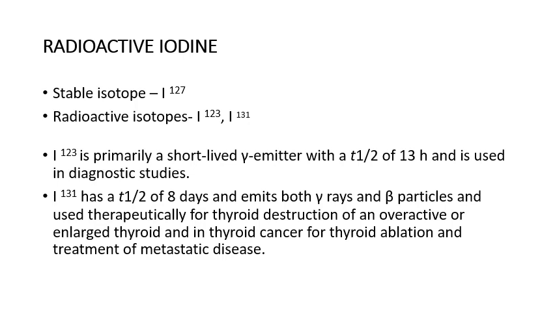We'll now see about radioactive iodine. So there are radioactive isotopes, iodine 123 and iodine 131, and also we have a stable isotope, iodine 127. Radioactive isotopes are used for diagnostic and therapeutic purposes. We know that radioactive isotopes have the property of decaying. During this decaying process, they emit gamma radiations, and also they emit beta particles.